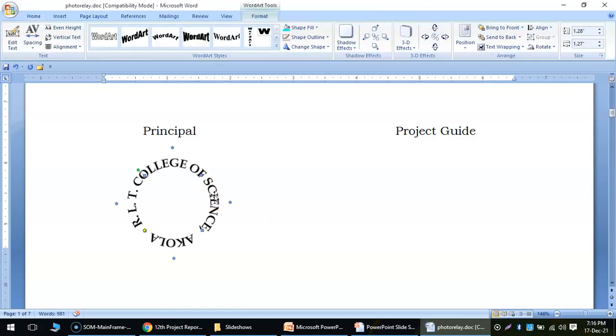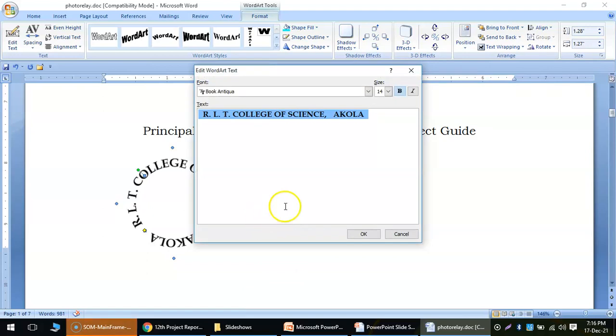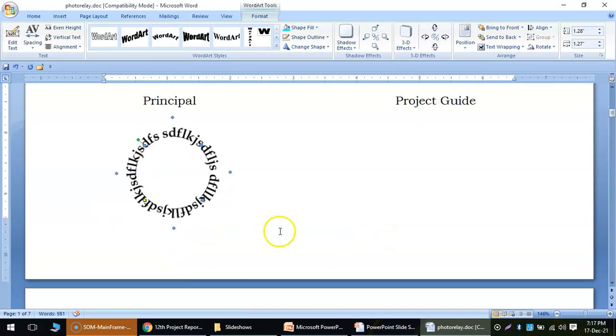Double click on this, right click and go to edit text, so that the college name will appear. You can change the college name depending on your requirement, and once you change it, just press OK, so that the college name will change over here.